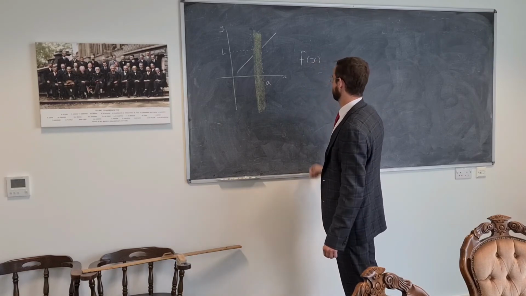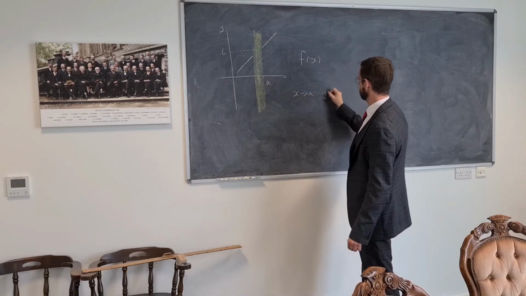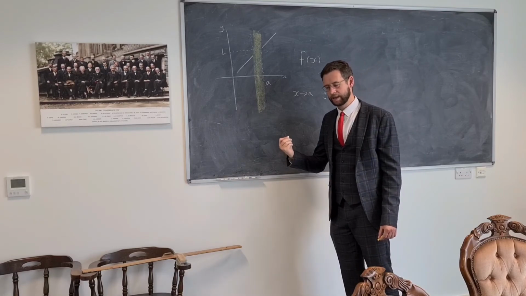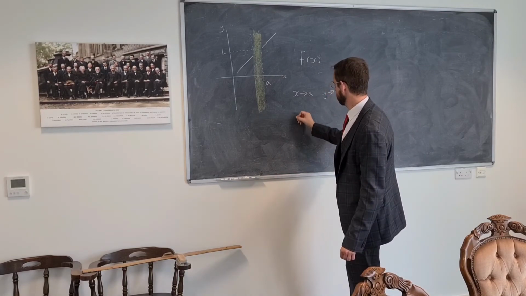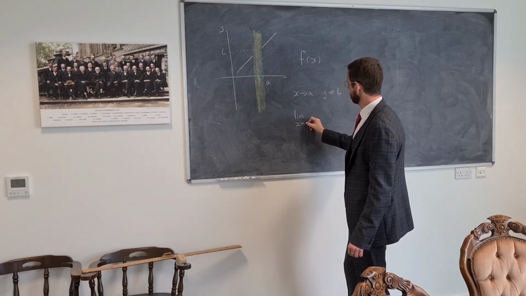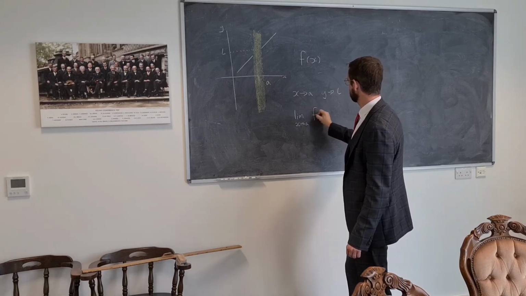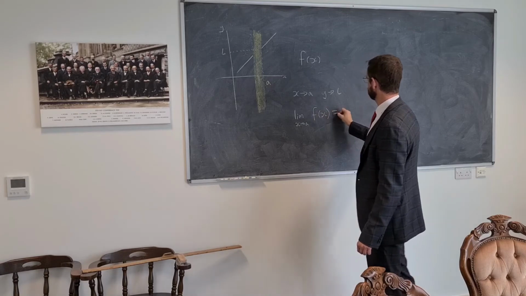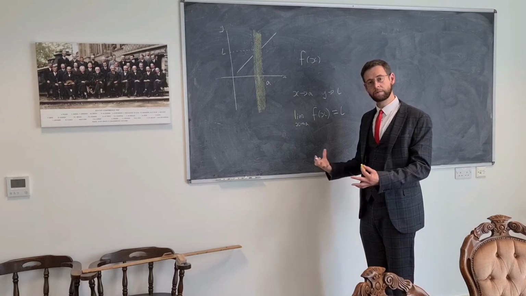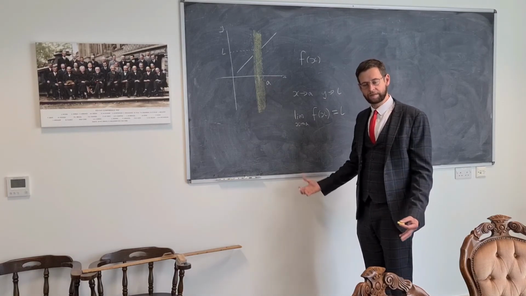But what we know is that as x goes to a, y is going to go to L. But because we haven't observed it directly, we would write it with the notation that the limit as x goes to a of the function of x is equal to L. And with this notation, we're able to represent that the function itself became undefined in that